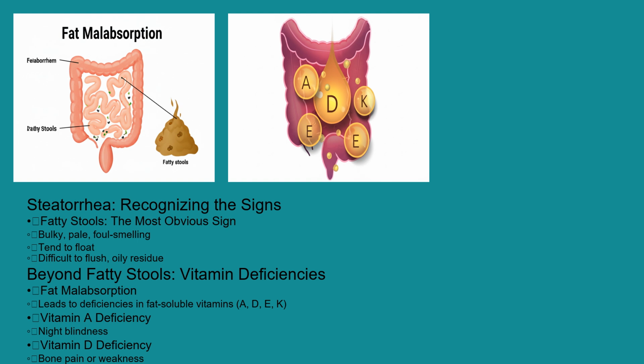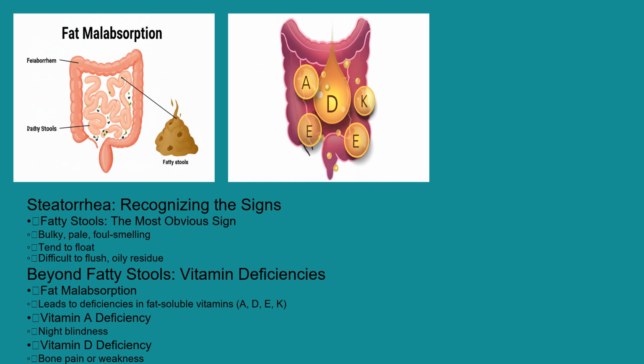The most obvious sign of steatorrhea is, of course, fatty stools. These are often bulky, pale, foul-smelling, and tend to float due to their high fat content. You might also notice that the stool is difficult to flush away and may leave an oily residue in the toilet bowl. But the symptoms don't stop there, because fat malabsorption can lead to deficiencies in fat-soluble vitamins like A,